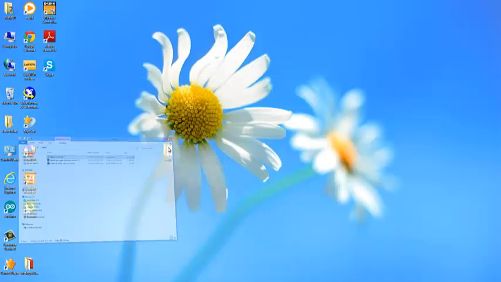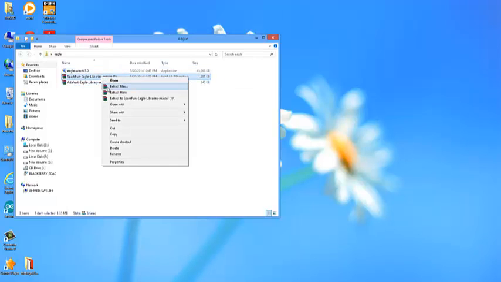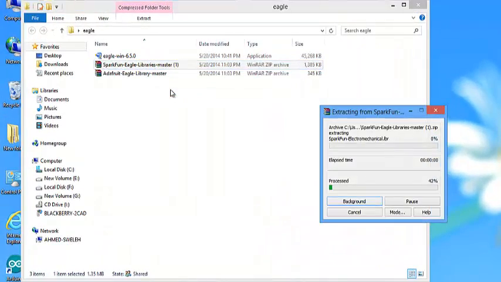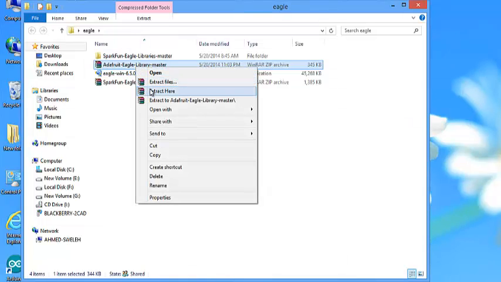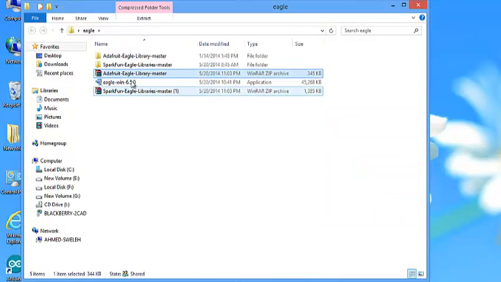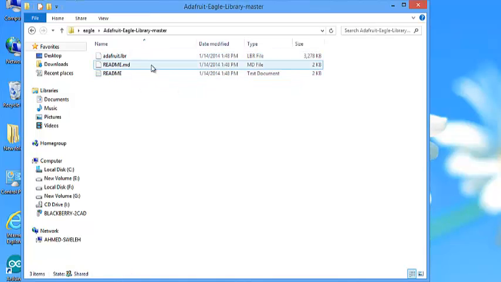go to the Eagle folder and you have these two compressed files. So extract here, and for Adafruit also extract here. Now double click, you have the library file, so I'm just gonna copy the library file to the C directory